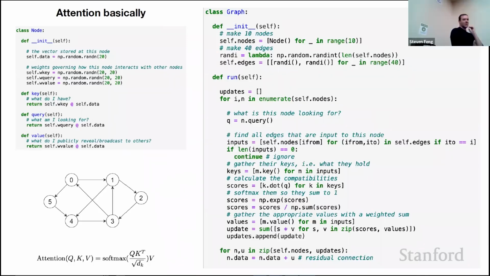Question. Okay. So the two questions. The first question is, in the message passing graph paradigm, what were the layers? So yeah, think of each one of these nodes as a token.